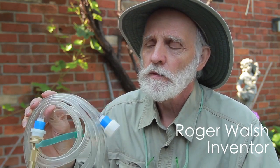This hose is far more diversified as far as the applications go. Because of its clarity, the sunlight goes through it, and thus the water doesn't get heated. Also, the self-emptying aspect means that it saves water. In areas like California or Arizona, different areas where there's water shortages, it's critical to be able to save water